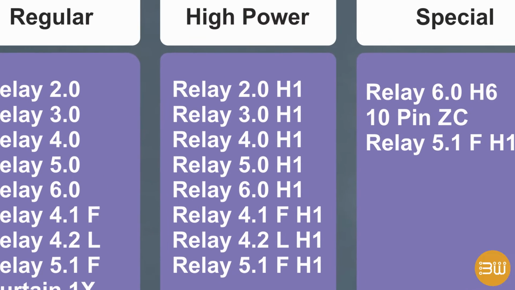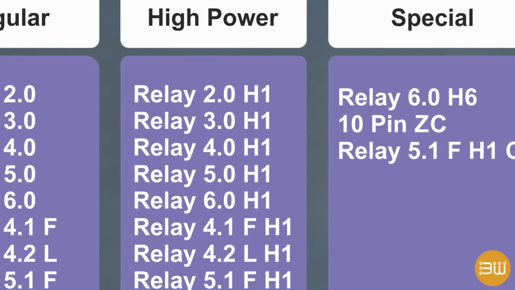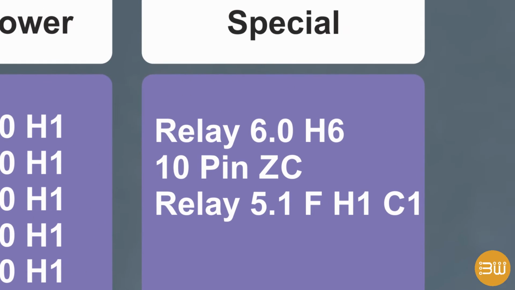In high power series, available variants are 2.0H1, 3.0H1, 4.0H1, 5.0H1, 6.0H1, 4.1FH1, 4.2LH1, 5.1FH1. And in special series, available variants are Relay 6.0H6, 10-pin JETC, Relay